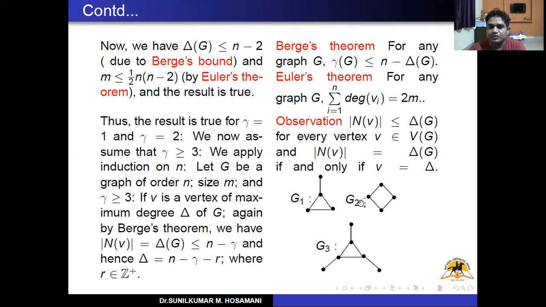So here the domination number of this graph is 2, because this is a graph C4 and you can select any two vertices, and those two vertices will form a minimal dominating set. Therefore the domination number of graph G2 is 2 here. So next, for G3, G3 contains 3 pendant vertices. Pendant vertices means a vertex of degree 1, and support vertices means a vertex which is adjacent to a pendant vertex. To cover all these 3 pendant vertices we have to select these 3 support vertices, therefore the domination number of this graph is 3 here.